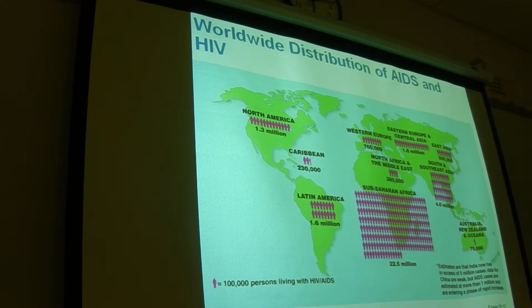There's not a huge belief in contraception, and there's not a lot of medication. Medication for this is very expensive, and it's hard for them to afford it. So you can see, again, Sub-Saharan Africa, the second biggest section would be in Southeast Asia. But even in North America, a lot of people think that HIV is more or less not as big of an issue as it was, and it might not be as big of an issue as it was maybe in the late 80s, but there's still well over 1 million people that are HIV positive in the U.S.